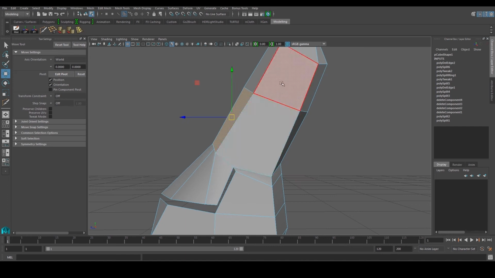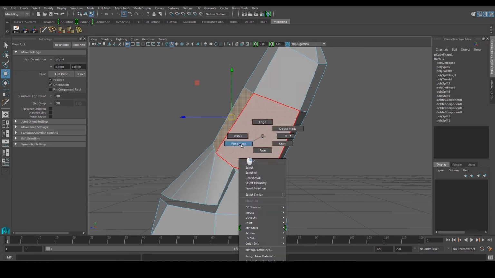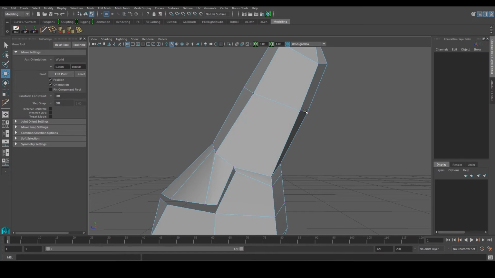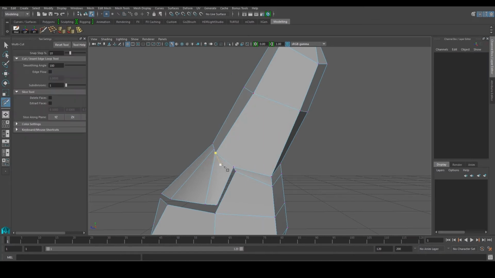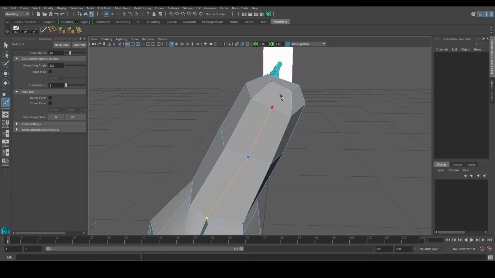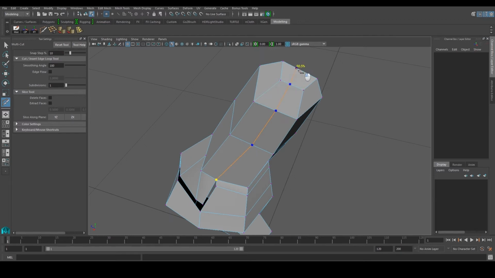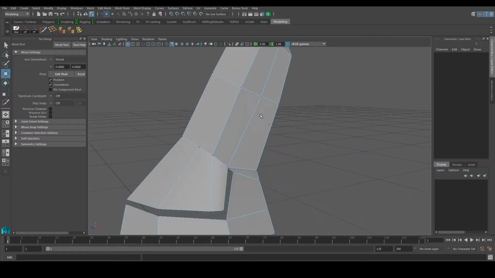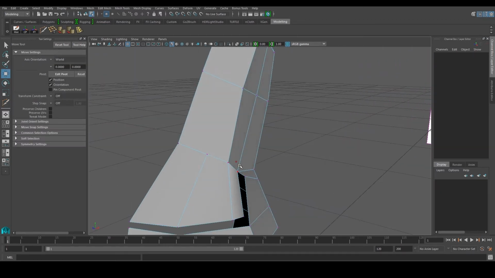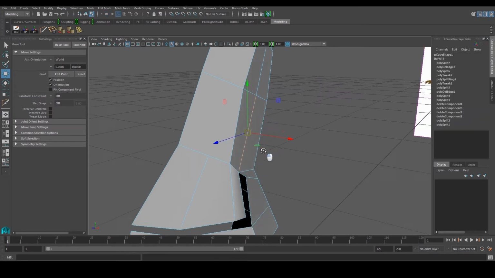Also over here, you see I have 1, 2, 3. If I go to my vertex, 1, 2, 3, 4, 5. So that's not correct. Again, I'll use my multi-cut tool and go all the way around this way. What that helps me is that it creates these extra lines over here, which I can start to pull out.